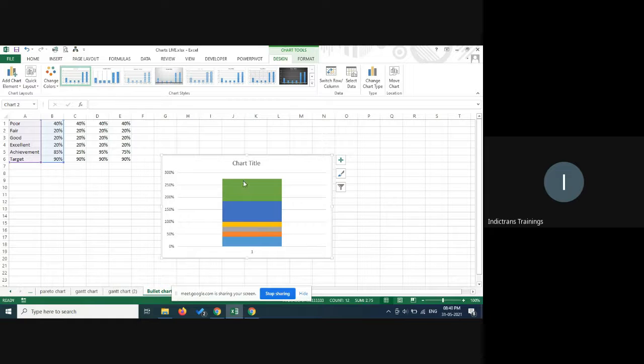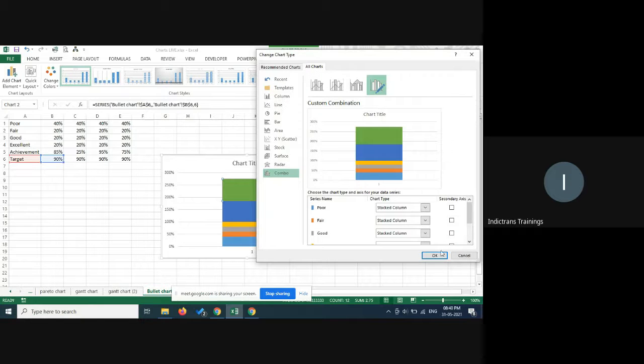And then for the target, I will go and change chart type. So again, I have to go for a combo out here, and this is I think a challenge for Grishma because she may not have this option. But for others, I'm sure you should get this combo chart.